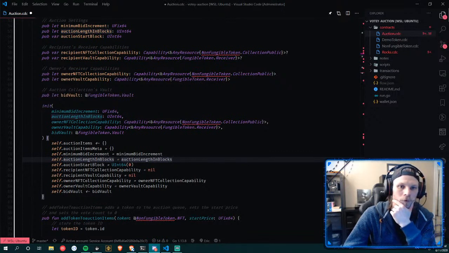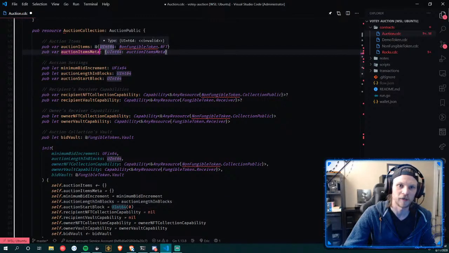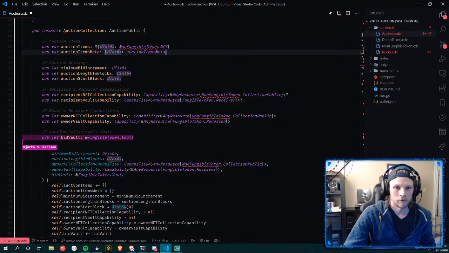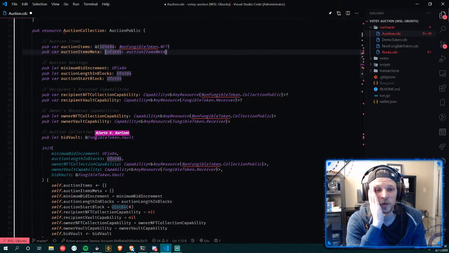I get that, but that's why I normally see things in a dictionary and then a struct that correlates to that ID, right? That's why I don't really want to call it a pattern, but that just seems pretty standard. But where do you want to store the bid vault then? Because the bid vault needs to be for each auction item. Yeah, so that would. Oh yeah, good call. So yeah, then we do need to make it a resource itself. You're right.